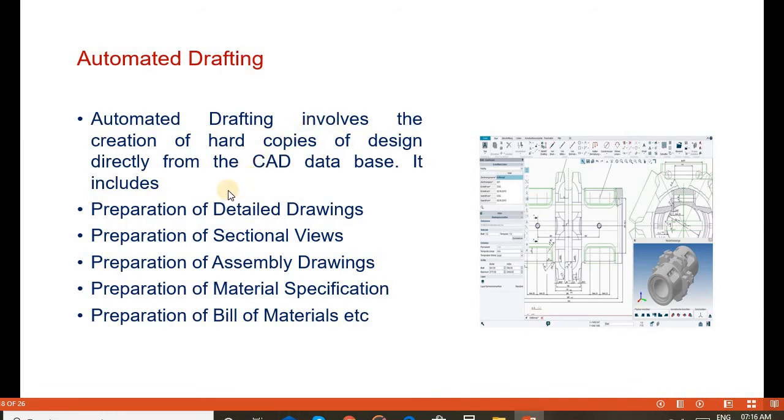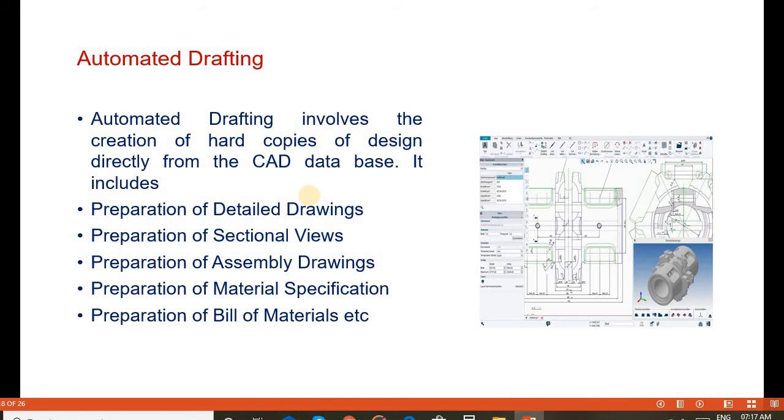Automated drafting includes various activities such as preparation of detailed drawings, sectional views, assembly drawings, material specifications, part lists, bill of materials, and so on.